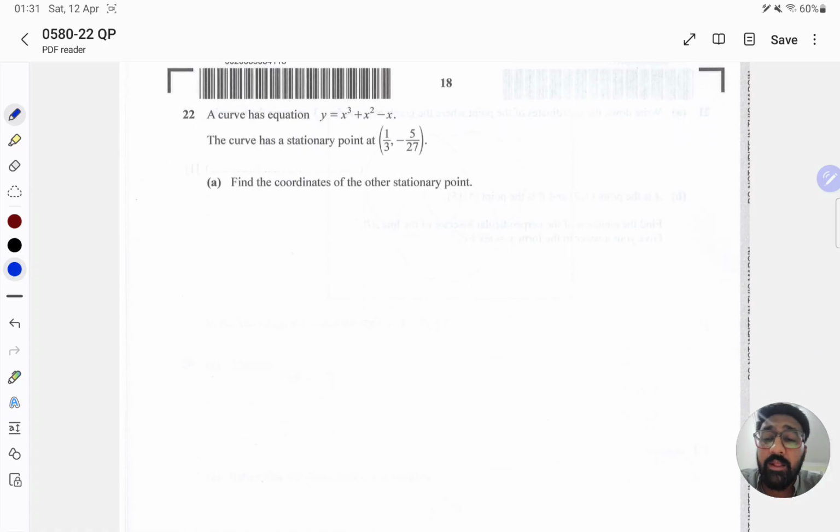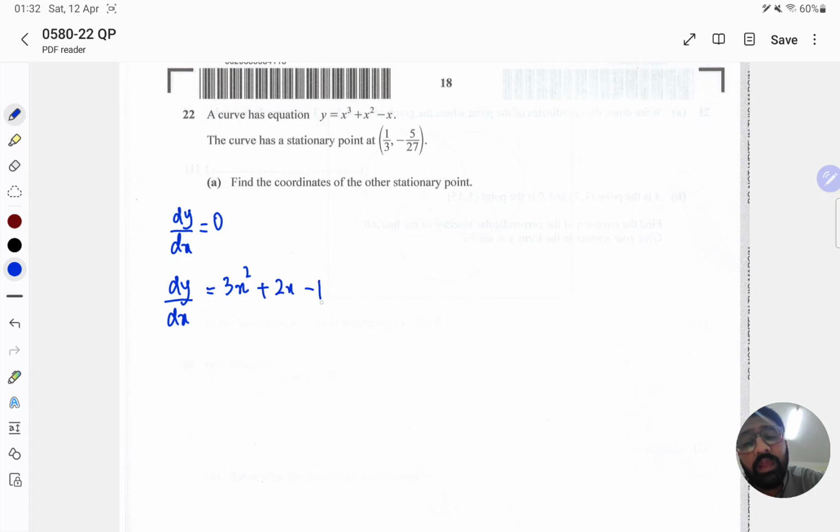Question 22 says a curve has equation y equals x cube plus x square minus x. The curve has a stationary point at this. Find the coordinates of the other stationary point. So basically, a stationary point is a place where dy by dx is 0. The derivative of the equation, or the gradient of the equation, is 0. So let's find out the dy by dx of the curve that is given to us. So dy by dx will be 3x square plus 2x minus 1, and we know that it is equal to